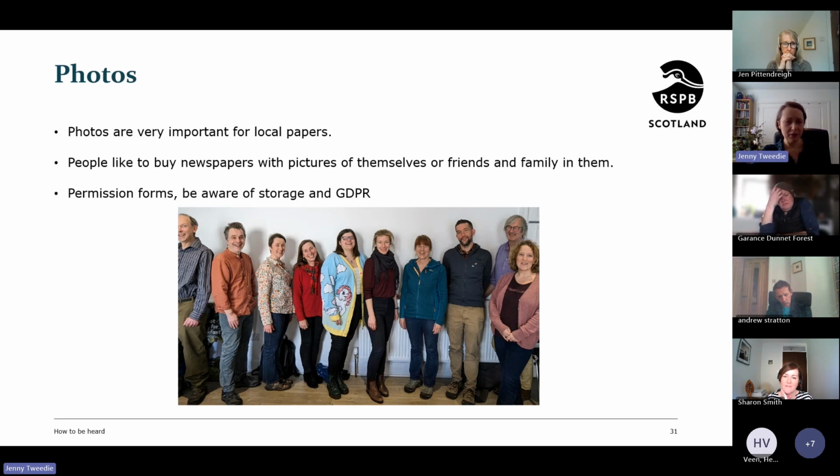And the way I always think about it is, okay, what if somebody who came to the event has escaped a domestic abuse situation or something like that, and they've started a new life somewhere, and the person they're escaping from doesn't know where they are, and then their picture appears in the paper, and suddenly it's online, and people can find them. That's quite an extreme example, but that's always what I've got in my head: I need to protect people that are in these photos. So how can I do that?